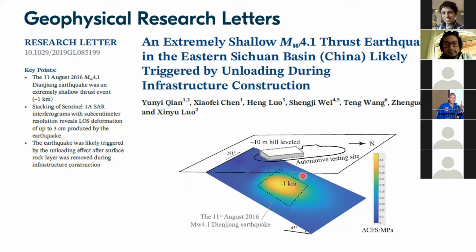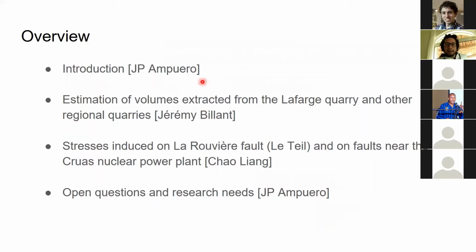So these sorts of reports are extremely rare. You can see this article is from 2019, so it's also very recent. It's not something we knew when our earthquake happened. So we will have to start keeping an eye on these things, and that's also something we'll discuss at the end today. What are the implications of all this? Okay, so that was the introduction.